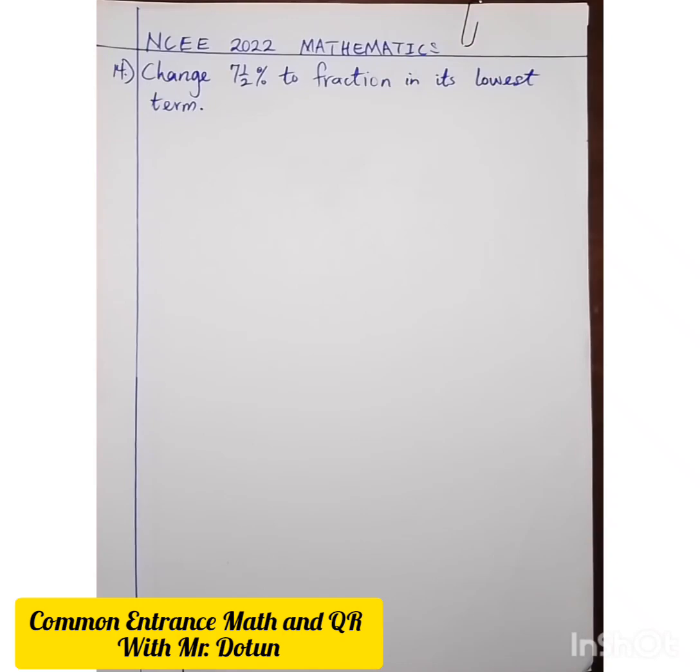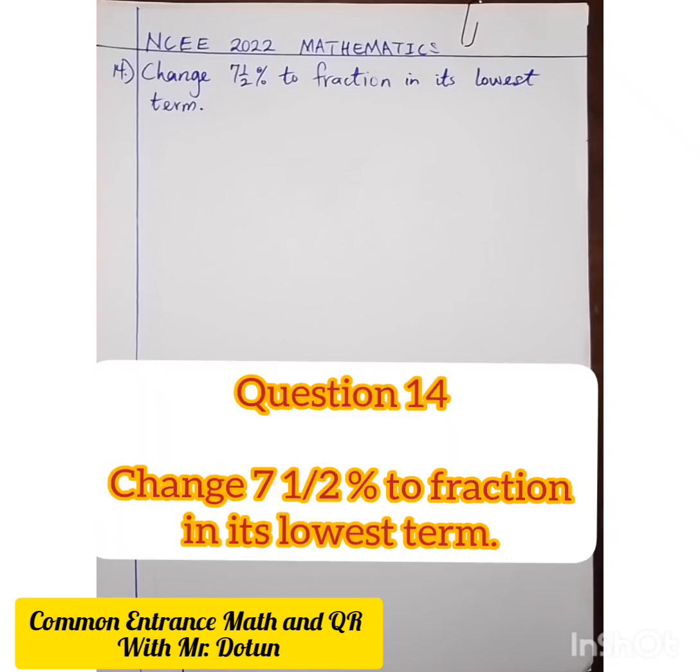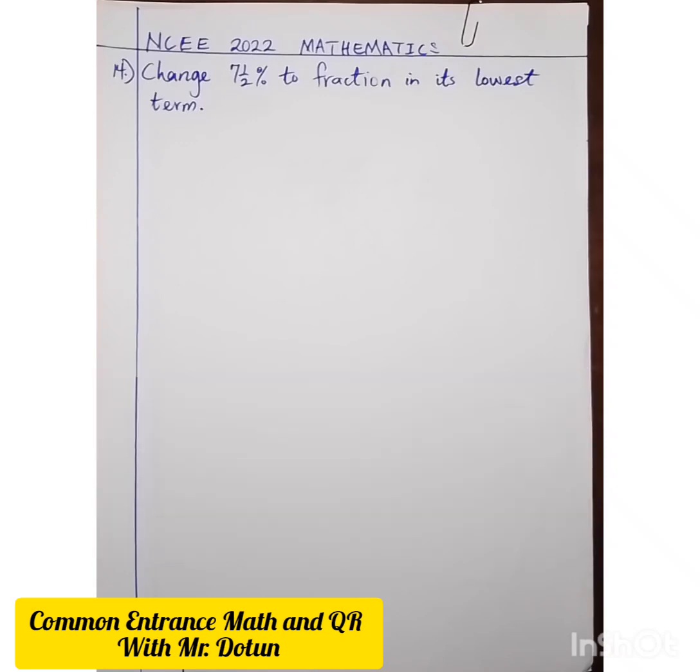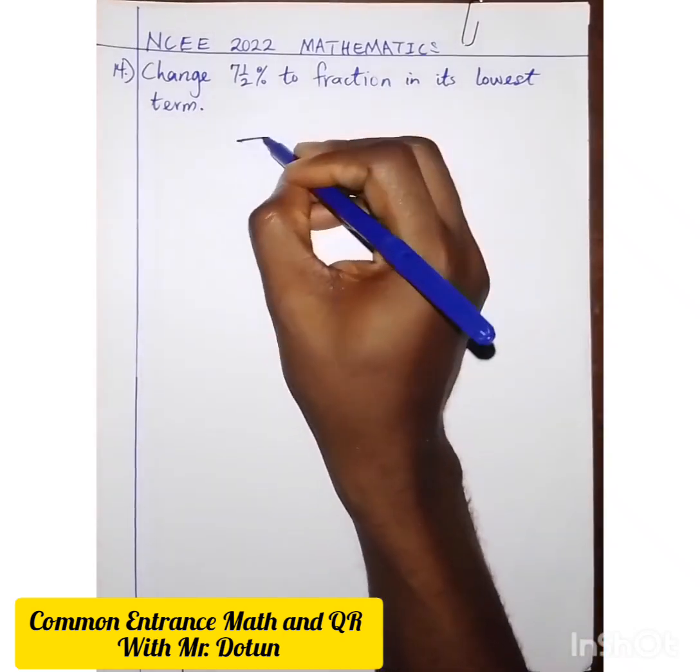Alright, we are still on the 2022 National Common Entrance exam, and this is number 14. Change 7 1/2% to a fraction in its lowest term. Alright, so what we have is